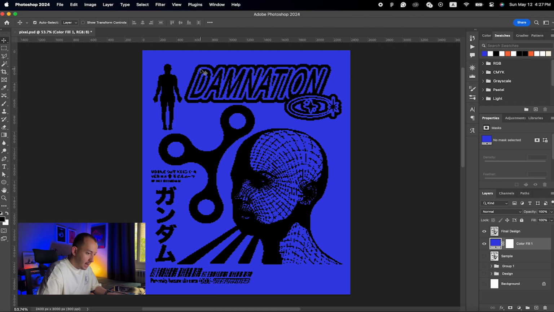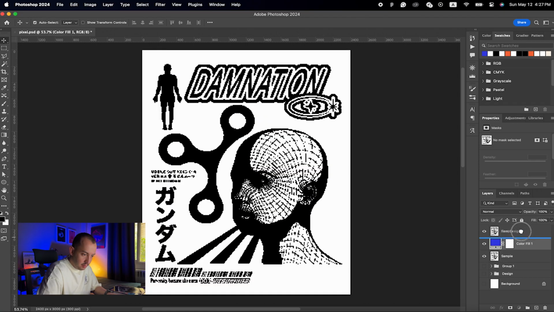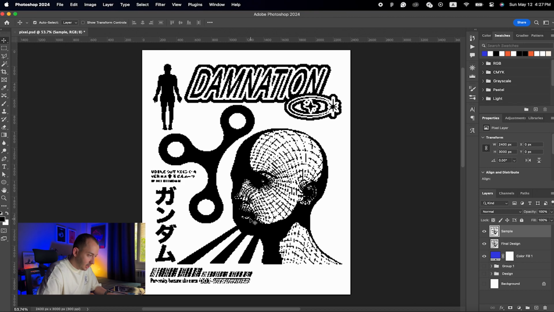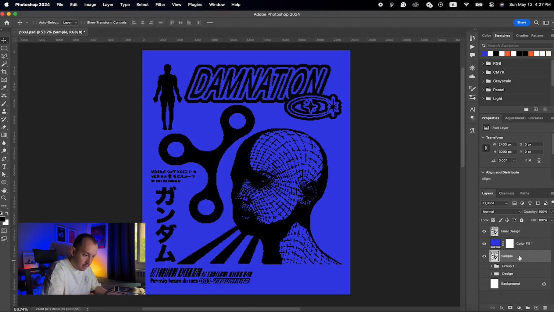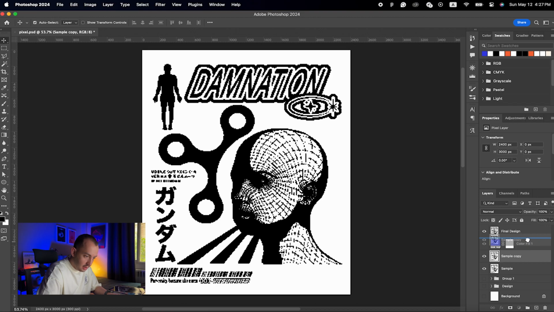If I bring this layer up, as you can see, all these white areas around my text and around his face here and all these circles, I want the white areas from there. So what I can do is make a duplicate of this sample, put it below my final design